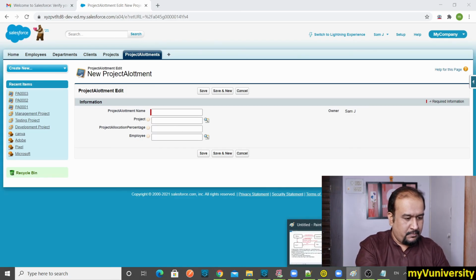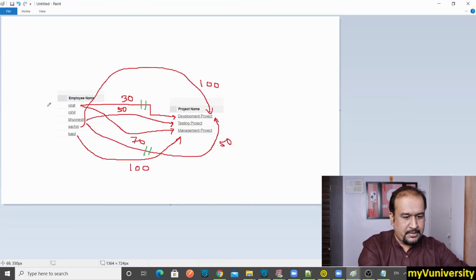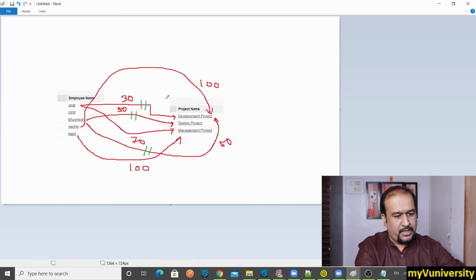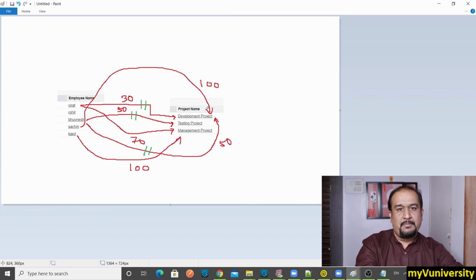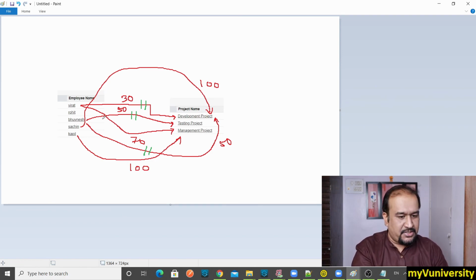So that's what Bhuvanesh is done. So this is done. Now the rest of the 50% for Bhuvanesh, I think, is in development project. So now on development project, you can see Bhuvanesh and Virat both are working on development project. On one project, multiple employees. So it is many to many relationship.